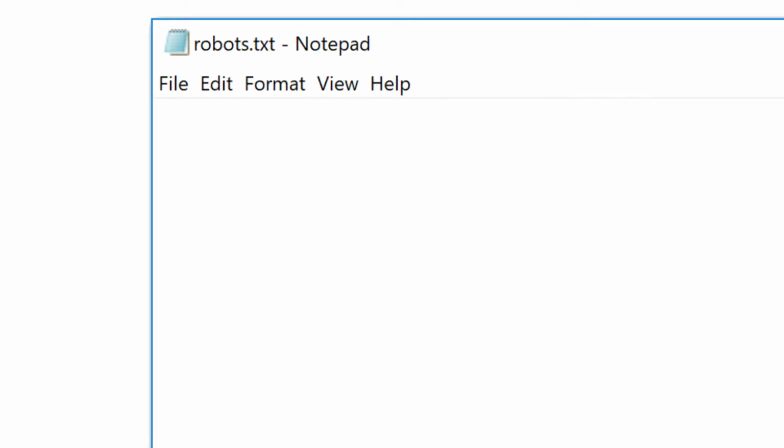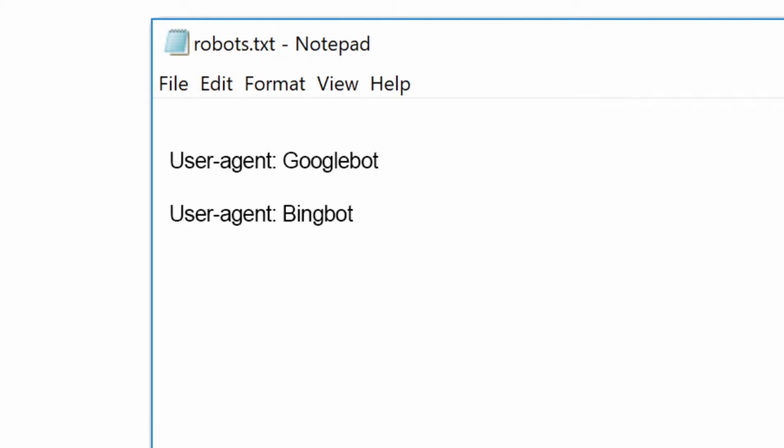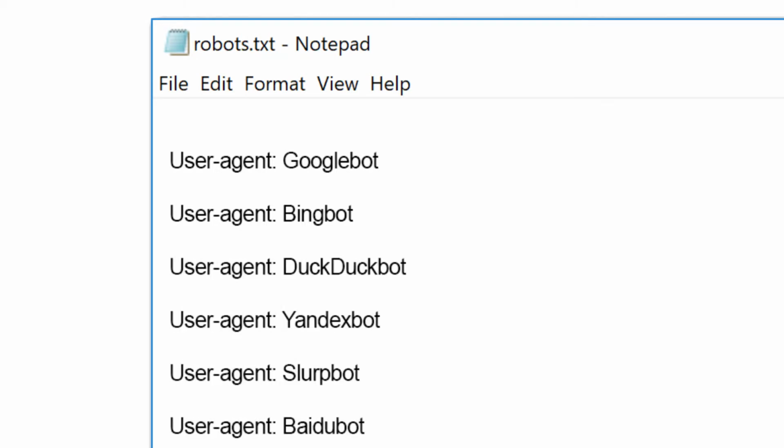Now typically a robots.txt file starts with the line user agent wildcard. This is a general command telling all search engines to listen up and take note of whatever directives follow within that robots file. But if you want to, you can also get very specific here, and you can tailor all your directives for specific web crawlers. For instance, I can give Googlebot very specific rules, I can give Bing's bot very specific rules, or both, or as many specific bots as I like.